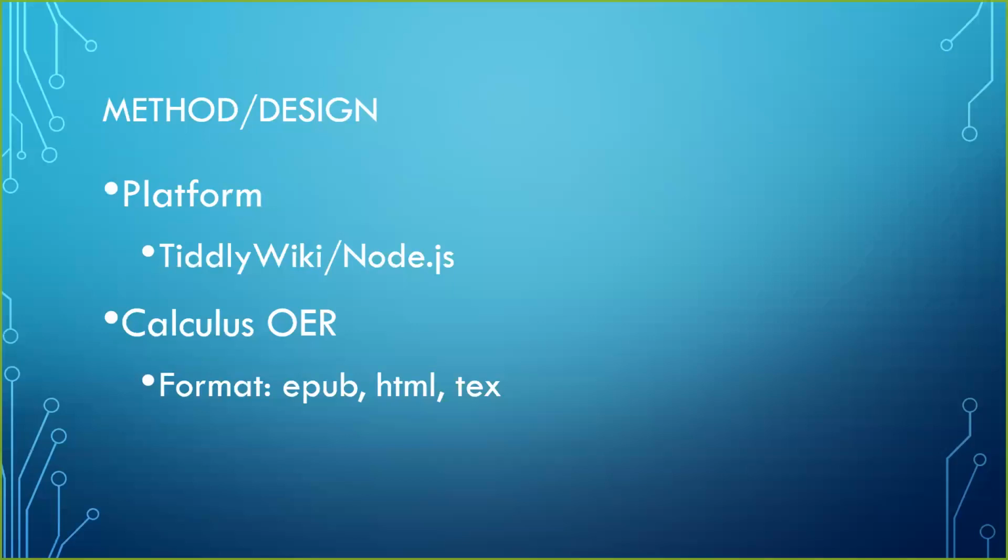EPUB was the first format I crossed off this list. While it can be a very useful format, the addition of the mathematical formulas made any attempt at conversion to a format that TiddlyWiki could consume very difficult. Next came HTML. One would think this would be very straightforward since TiddlyWiki supports HTML content, but the problem here was that all of the mathematical formulas were coded in MathML and not LaTeX. There was no reliable MathML to LaTeX converter that I was able to find,